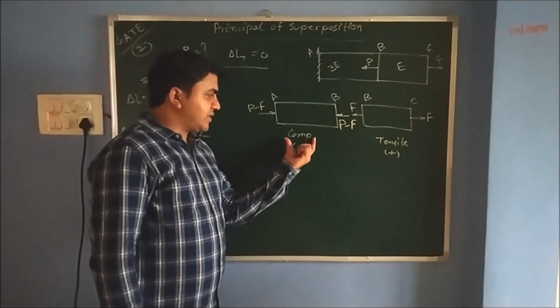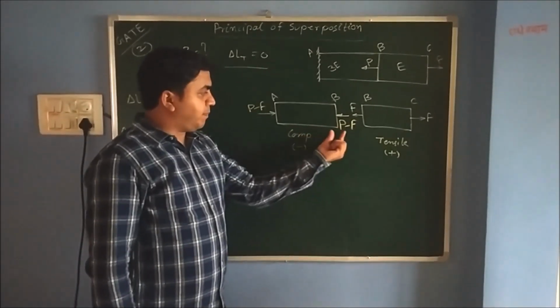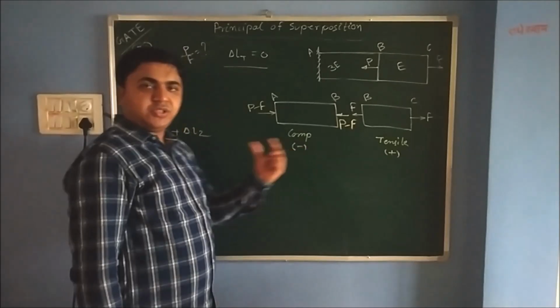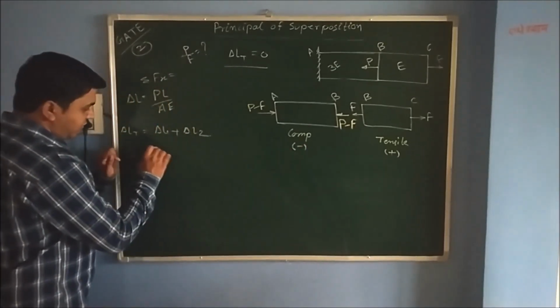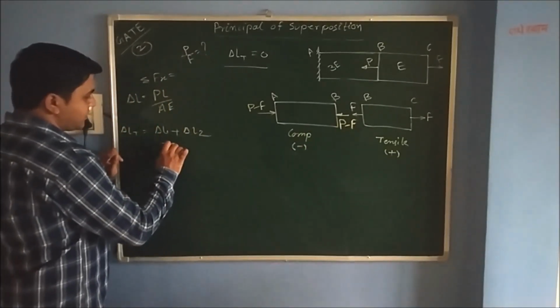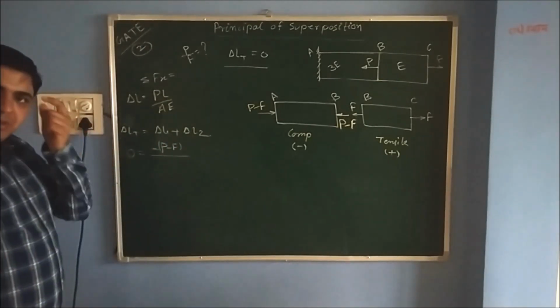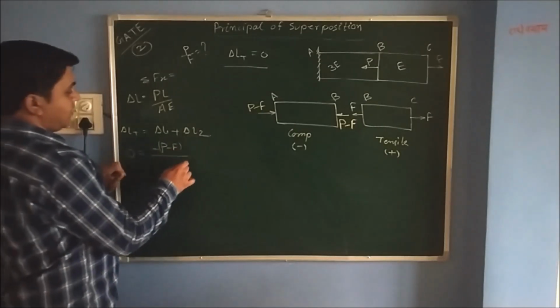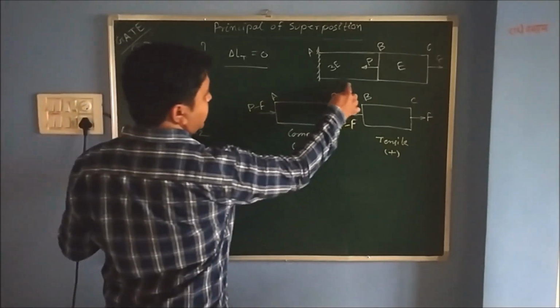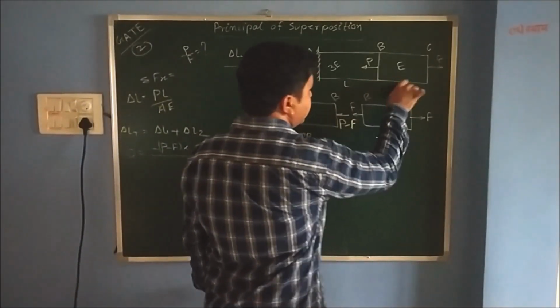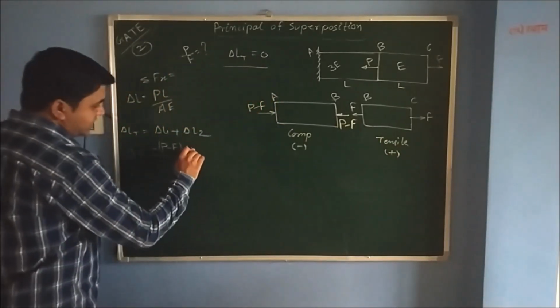So this value of P is coming as P minus F, that is in compressive direction. So minus of P minus F you have to apply. This minus sign indicates the compressive direction. Next, length of this section is given as L, and this section is also L. So length is given as L,